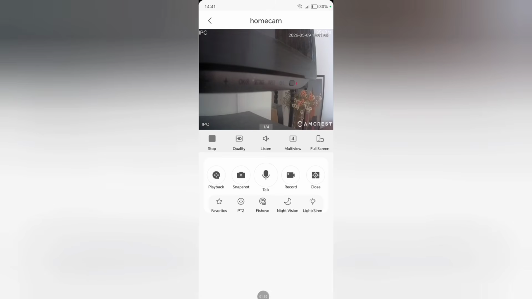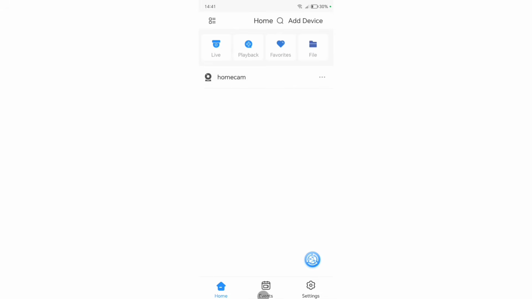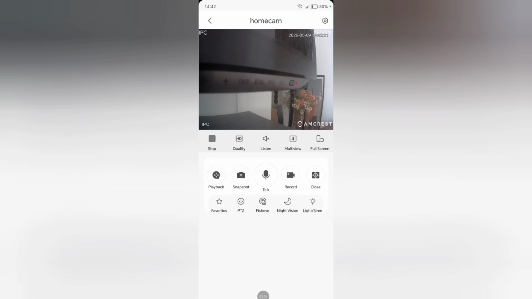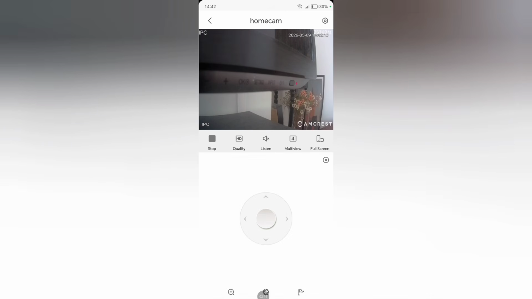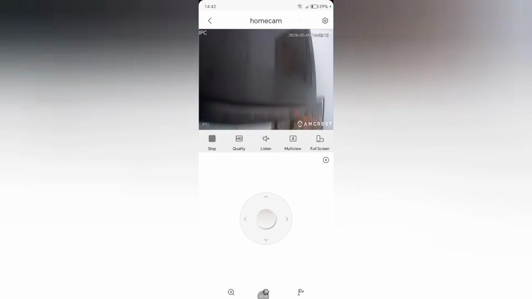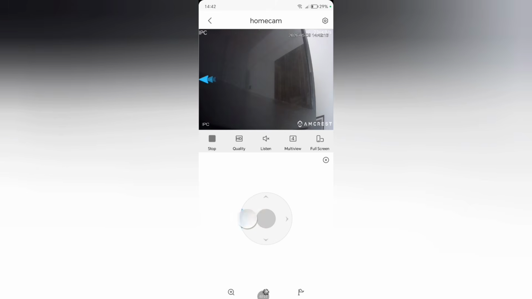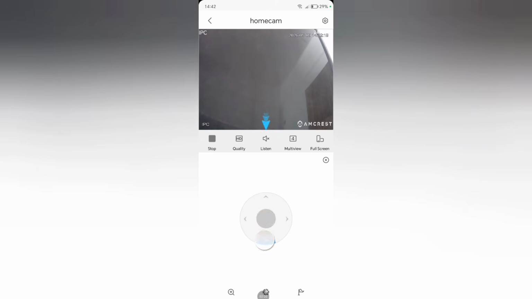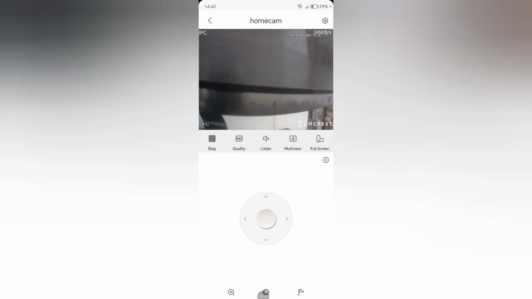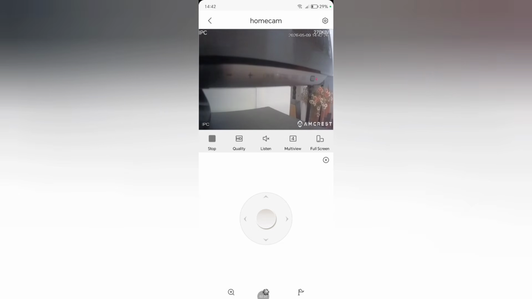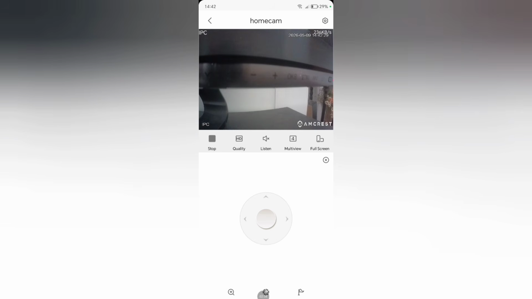So these are different screens. So if I go back, home cam, and this is what allows you to move the camera. You can see that. Yeah. So that was